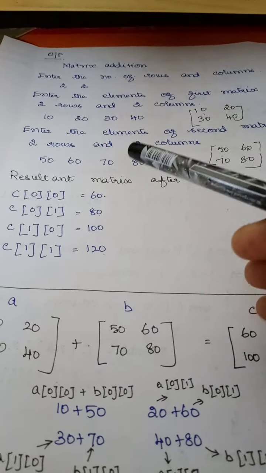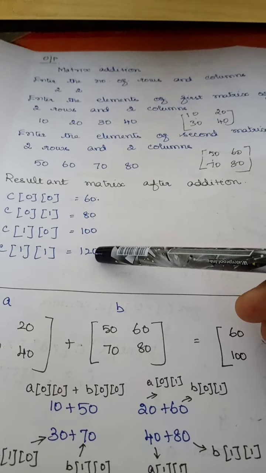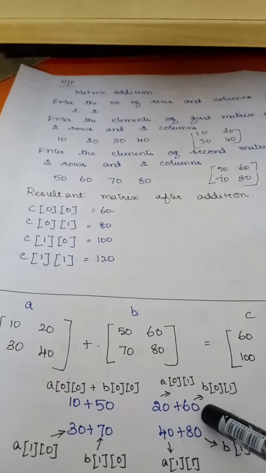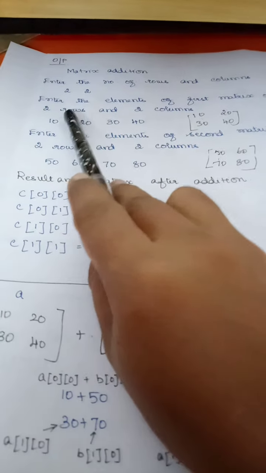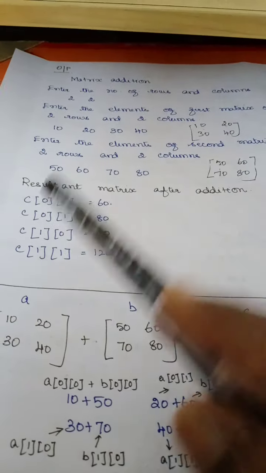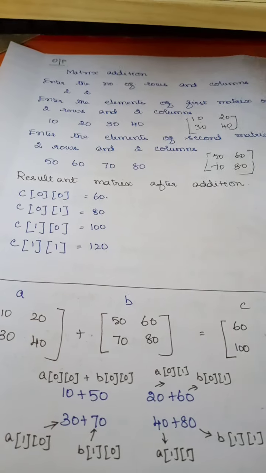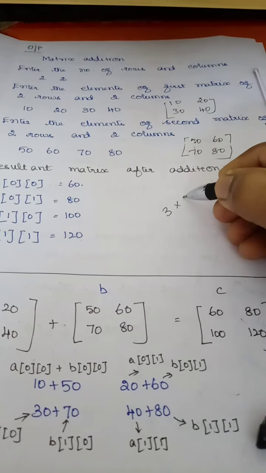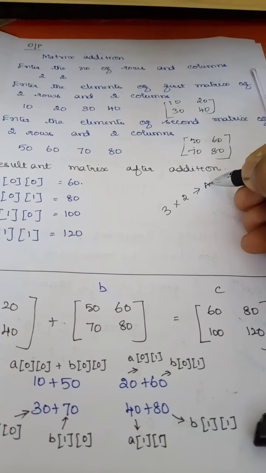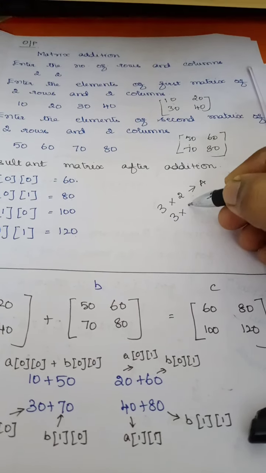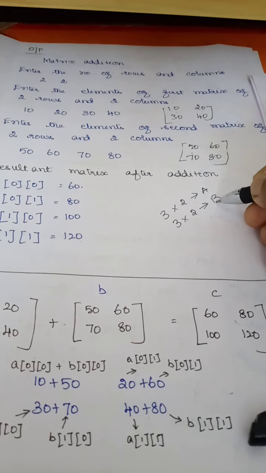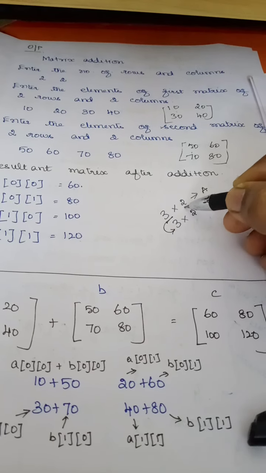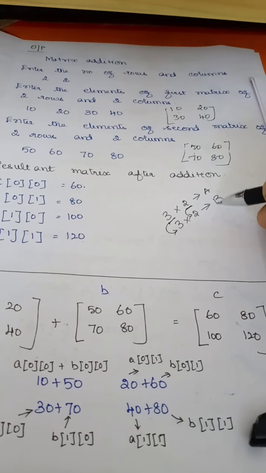So similarly, I have completed the addition operation, and that is what is being shown here, right? It is not necessary that we should have only 2 by 2. I can have 3 rows, 2 columns. But whenever I have 3 rows, 2 columns for matrix A, I should have the same 3 rows, 2 columns for my matrix B. Is that clear? So the number of rows should be the same and the number of columns should be the same for both A and B.